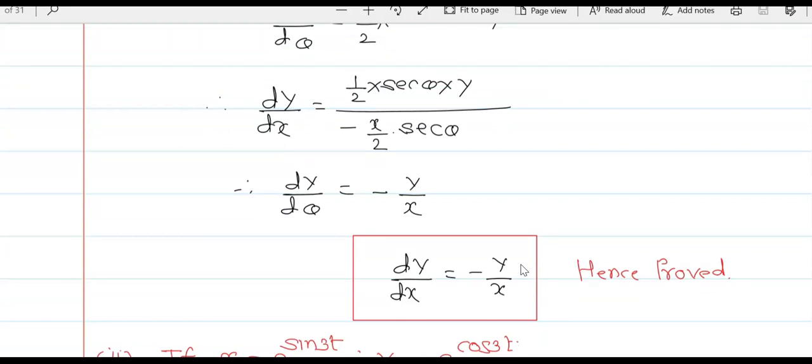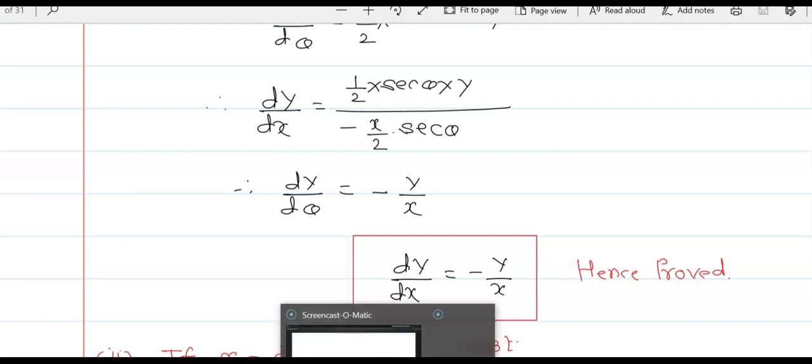Therefore dy by dx is equal to minus y upon x. Now the next is